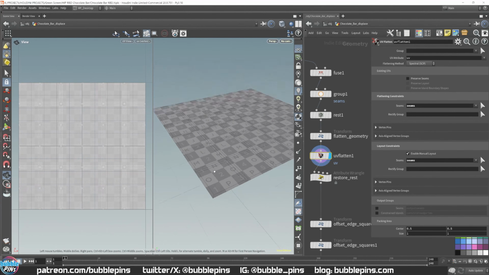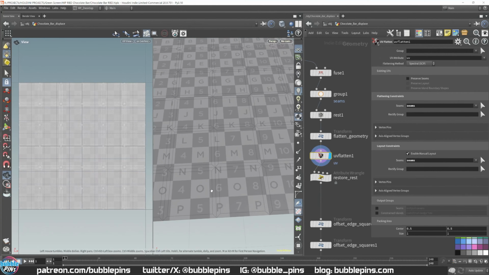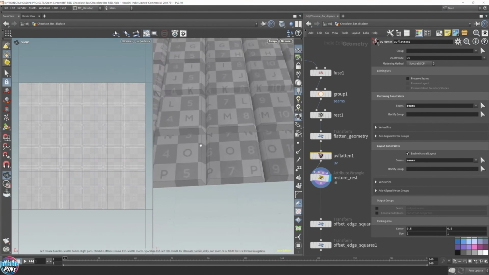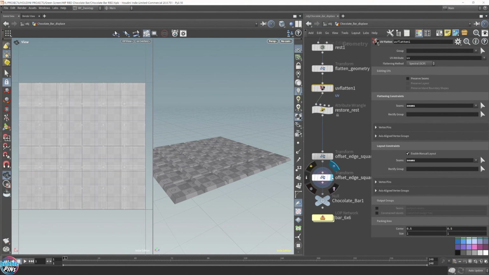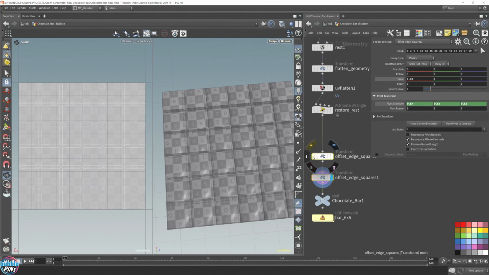Okay. And then I would get the whole UV square to cover the whole 6x6 chocolate bar. That was only just to get the UVs to look right, so I would have a minimum amount of stretching on the side of the squares. Then I have to restore it back to its original state. And this is just offsetting the edge. So these two here, let me ignore this. You can see that,